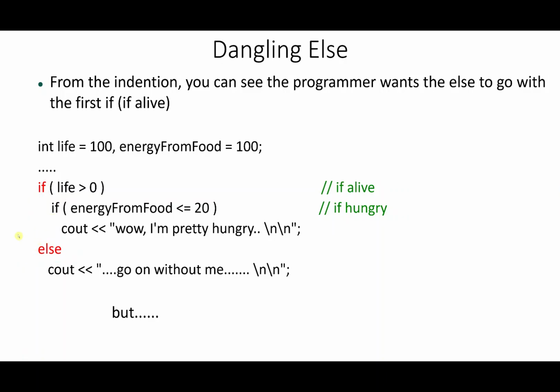This is wrong, because the rule says else is dependent on the closest if. Now, the closest if is this one, right? So this else is following this if, not this. So you misled yourself because of sometimes the